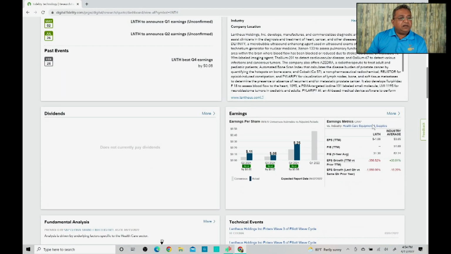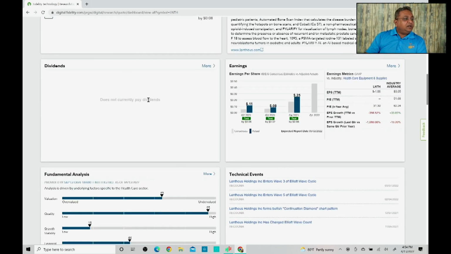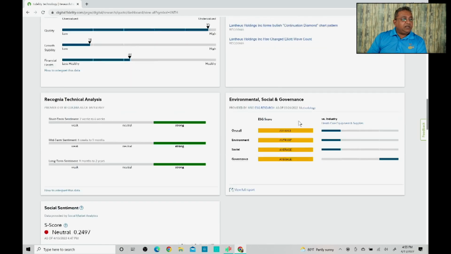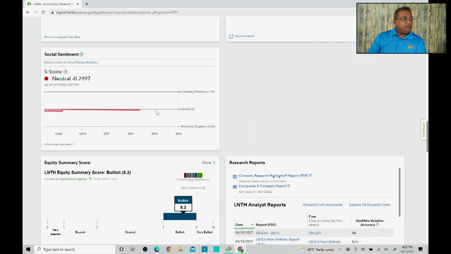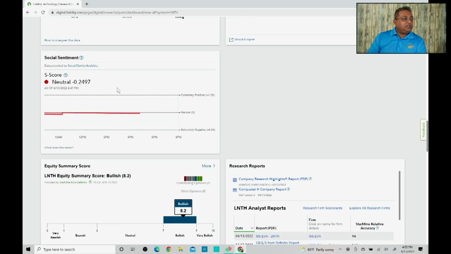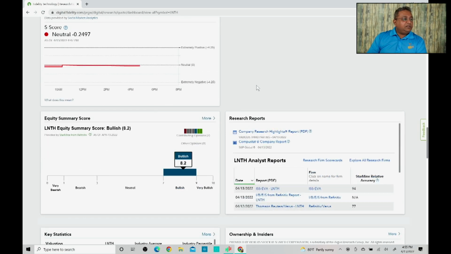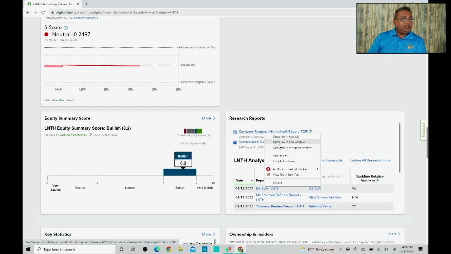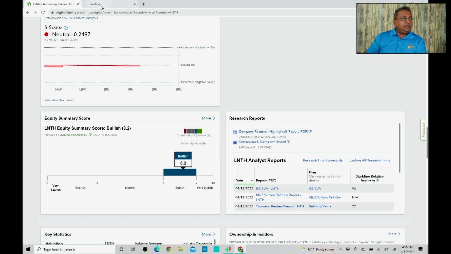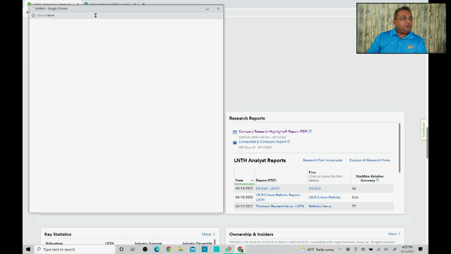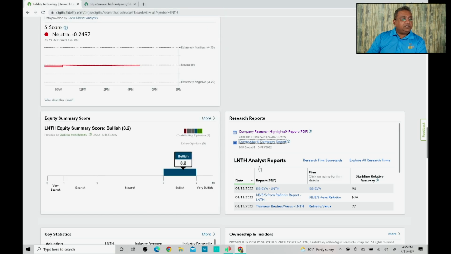In this you are going to see information like earnings, so you will see what the earnings growth rate is. You are going to see dividend, fundamental analysis, technical events, everything which you want, social sentiment, research reports. This is important. When you go to this research report, you have two research reports available here. So I'm going to open these links in new tabs so that you can see this research report, and both of these research reports are extremely useful because these reports